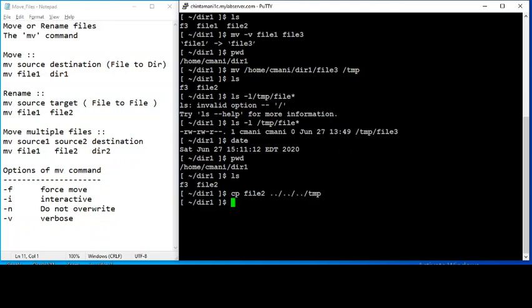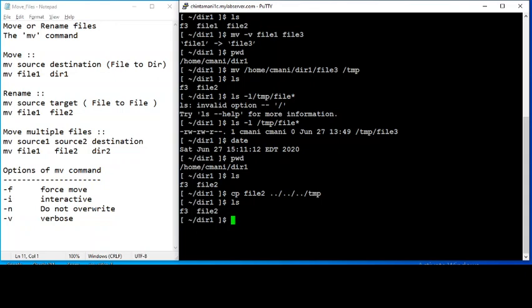Similarly, you can do a mv also. We had seen cp in an earlier video. Similarly, the mv command works. So right now it is not mv, so you can see that the file is here as well as in tmp. So you can give relative referencing or absolute referencing in such commands like cp or mv. Okay, so that's about it.